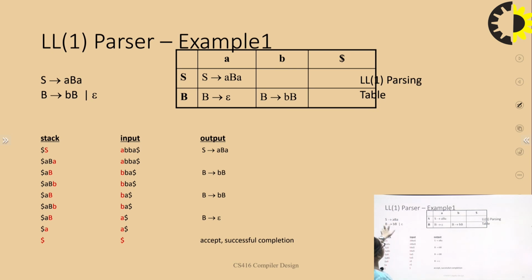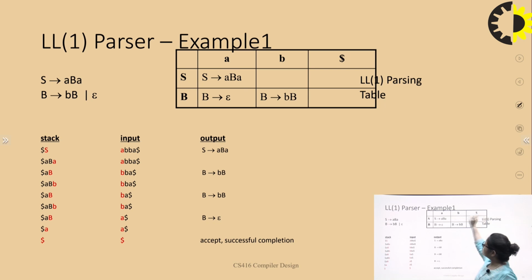Now, first we need to calculate the first of this. For example, if I'm talking about S determines small a, capital B, and small a, what is the first of this particular production? What do we mean by first? After scanning from left to right, what is the first token that arrives? Small a is the first token that arrives. So the first of S is a, and the production S derives a, capital B, small a is put in